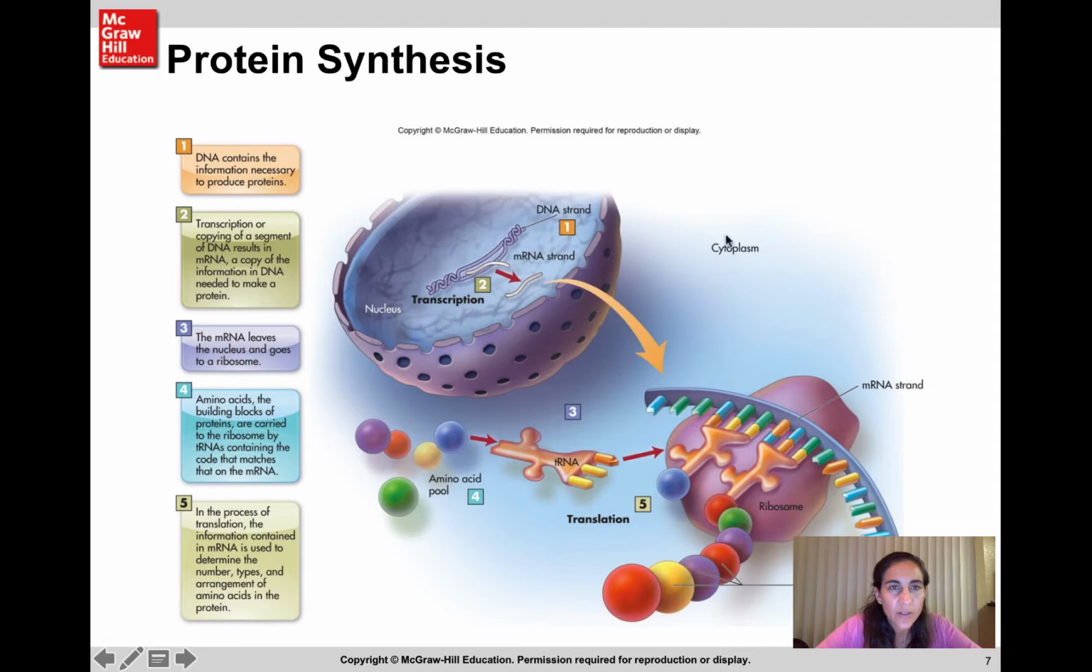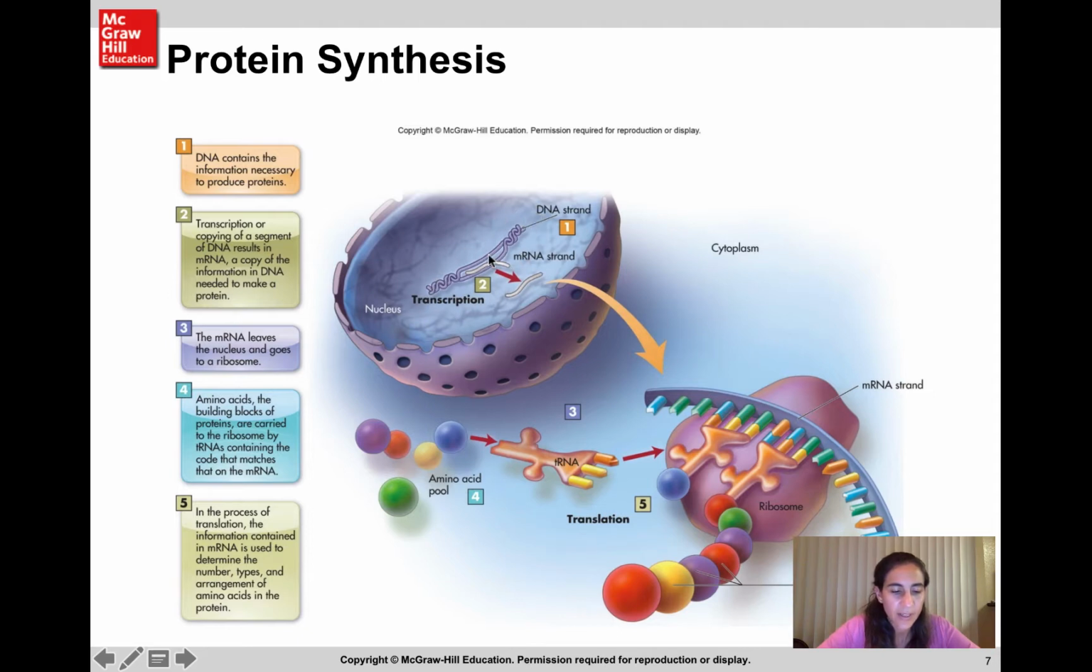Here is an overview of the process of protein synthesis. We see here that the DNA provides the information needed to produce proteins. The process involves something called transcription, which is the copying of a segment of the DNA needed to make a protein, and this segment is called the mRNA. The mRNA leaves the nucleus and goes to a ribosome within the cell. Amino acids are carried to a ribosome by tRNA, where translation of the mRNA occurs to synthesize a protein. So that's the process of protein synthesis, which is initiated by the code